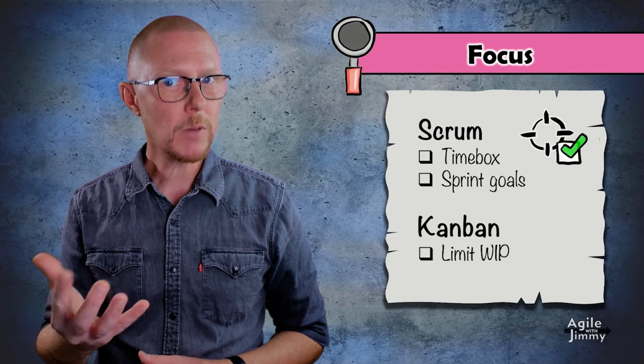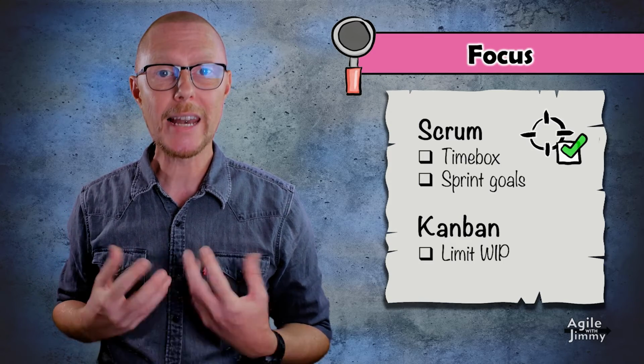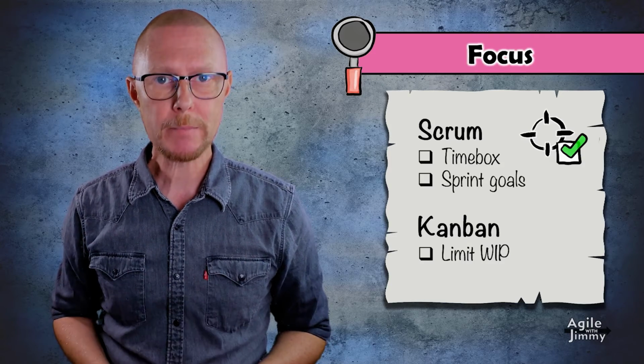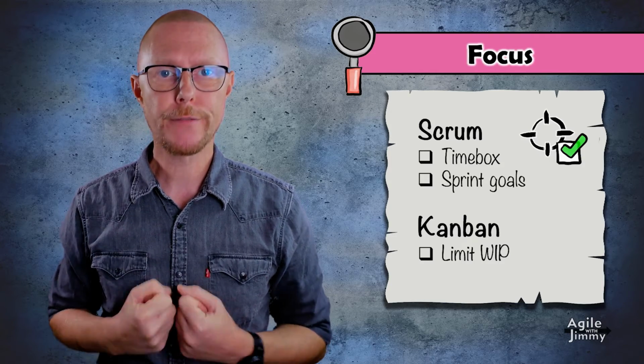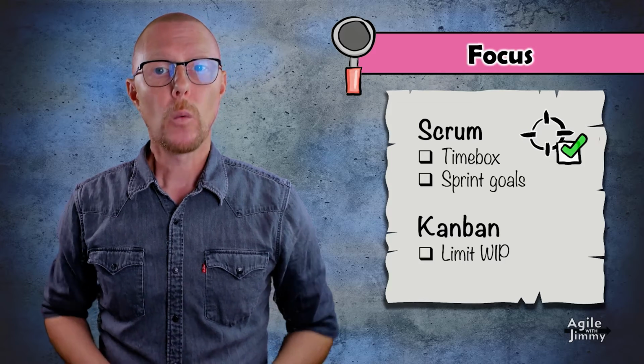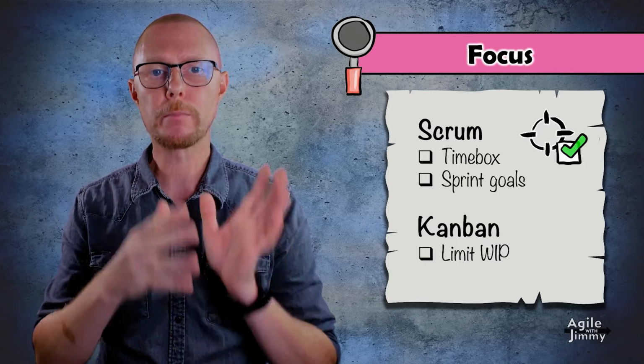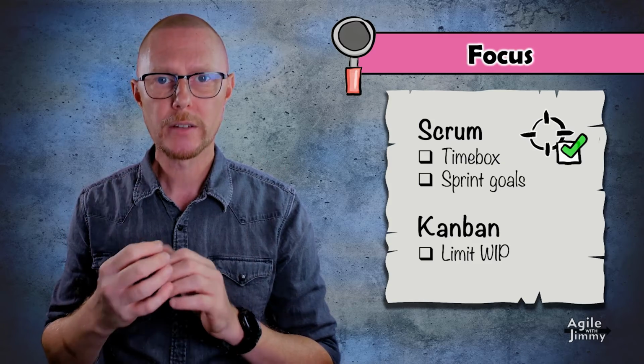A Kanban team, on the other hand, achieves focus by limiting the amount of parallel work. With the help of strict WIP limits, they enforce a habit of finishing before starting. Once work has begun on something, their policies ensure they focus on pushing it through their workflow as fast as